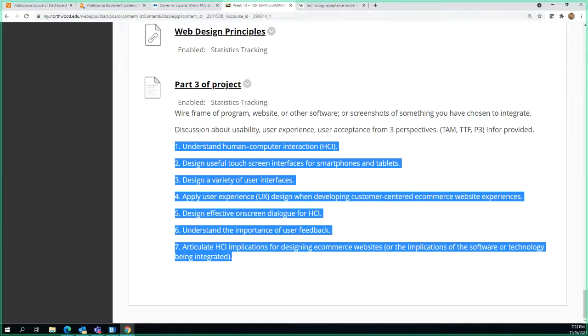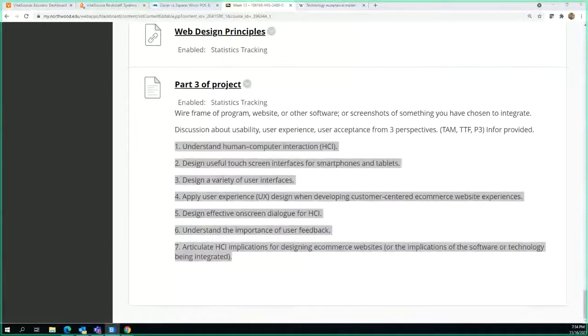So any questions at all about any of this stuff? I already asked that once, and I saw a few "all set" or "no" responses, so that's good. Does everyone feel confident that they understand what I'm asking for? Do I have to give any clarification on what part 3 of the project is?